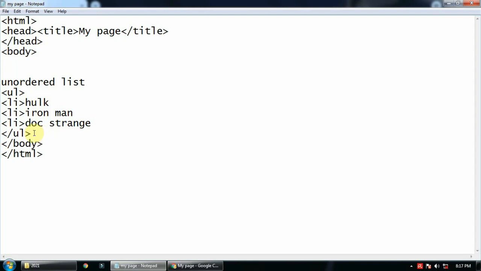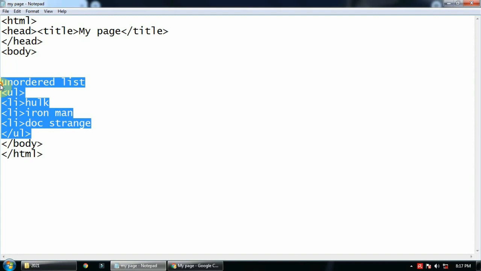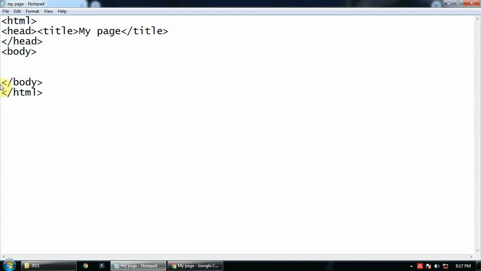Okay, so I hope ordered list and unordered list are clear for you. Now there are nested lists, that is a list inside a list. So if I start with OL and let's say I give type equal to A, then I'll write li ABC, then li XYZ.